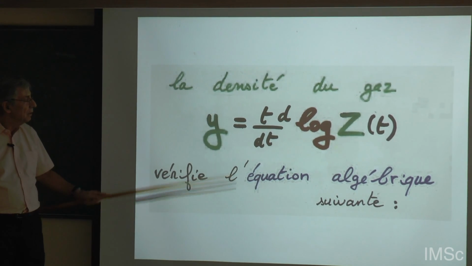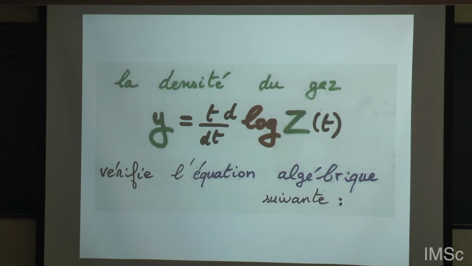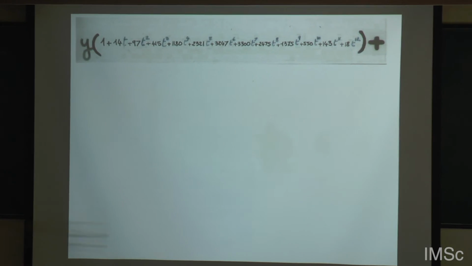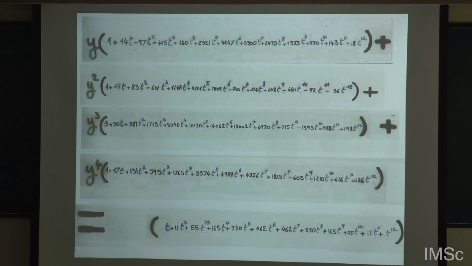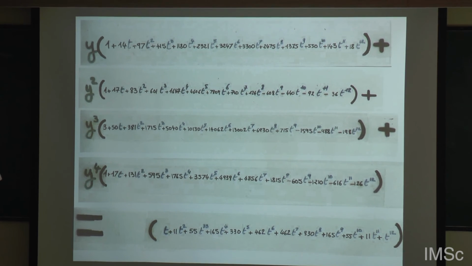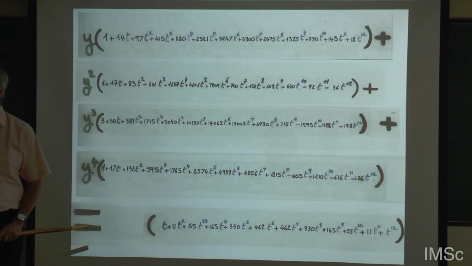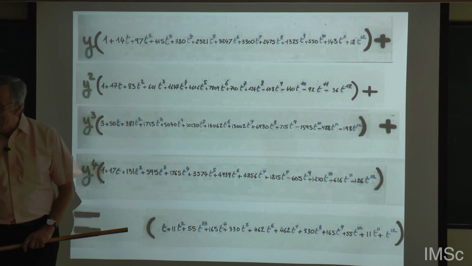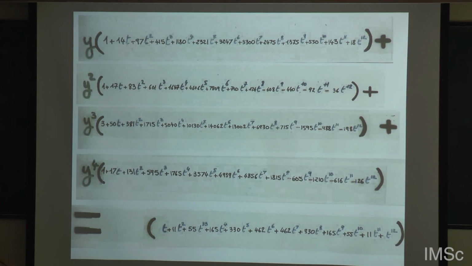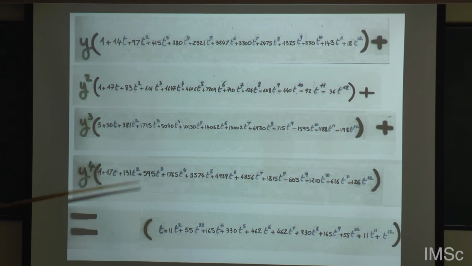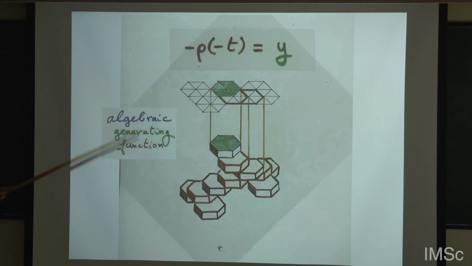And now the beautiful thing is that this generating function satisfies the following equation. It's an algebraic equation. Y satisfies this very beautiful algebraic equation. In fact, the physicists in Tata, they give me an algebraic system which is much more simple. The Catalan number is behind this. So this is a beautiful algebraic equation of pyramid of hexagon. It's more simple. There is a system of equation where we can believe that it's possible to do this combinatorial.